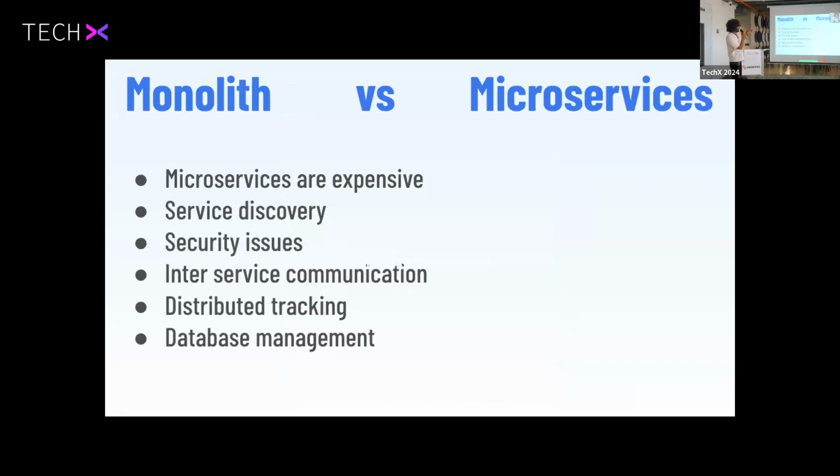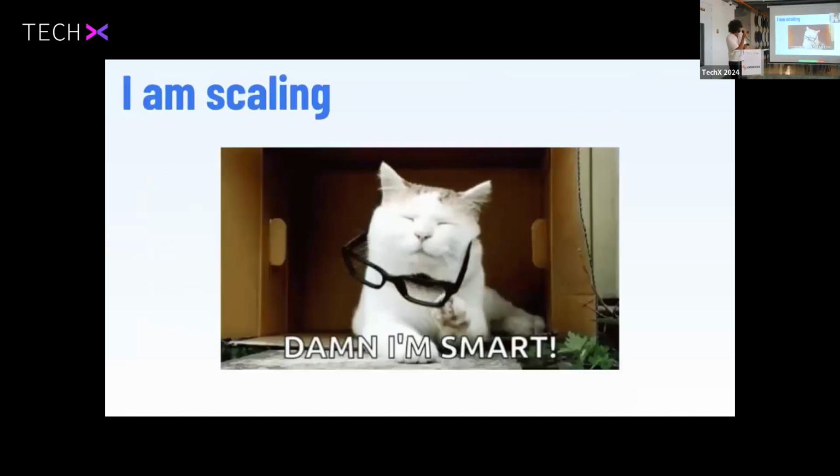So this was the slide that I was talking about. If we look over here, this says monolith versus microservices, and I was saying microservices are extremely expensive, right? Why are they expensive? Because you need to have service discovery. There are security issues. You'll have to have distributed tracing, distributed logging, distributed databases. You'll have to have roles for these distributed databases to be accessed by your counterpart application layers. So microservices are extremely expensive.